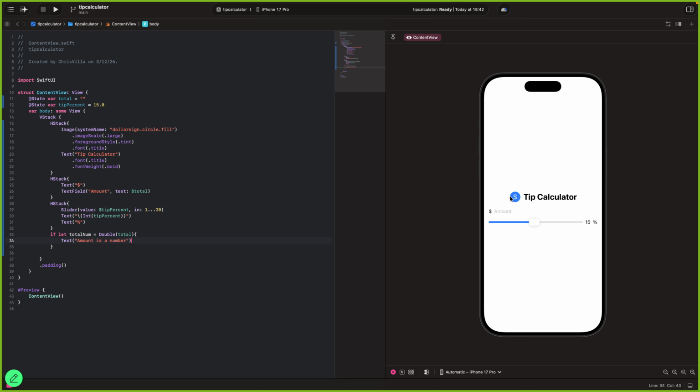This is good because we cannot make a calculation of the tip if there's letters inside here or if it is empty. Now let's actually make the calculation, right? Total amount equals dollars, and the fun thing about Swift, as I think many other programming languages work this way as well, is that you're able to do calculations inside of the strings, or inside of the outputs or the elements. In this case, what we're going to do is take the total num, which is total, but in a number format, and multiply it by the tip percentage, right?